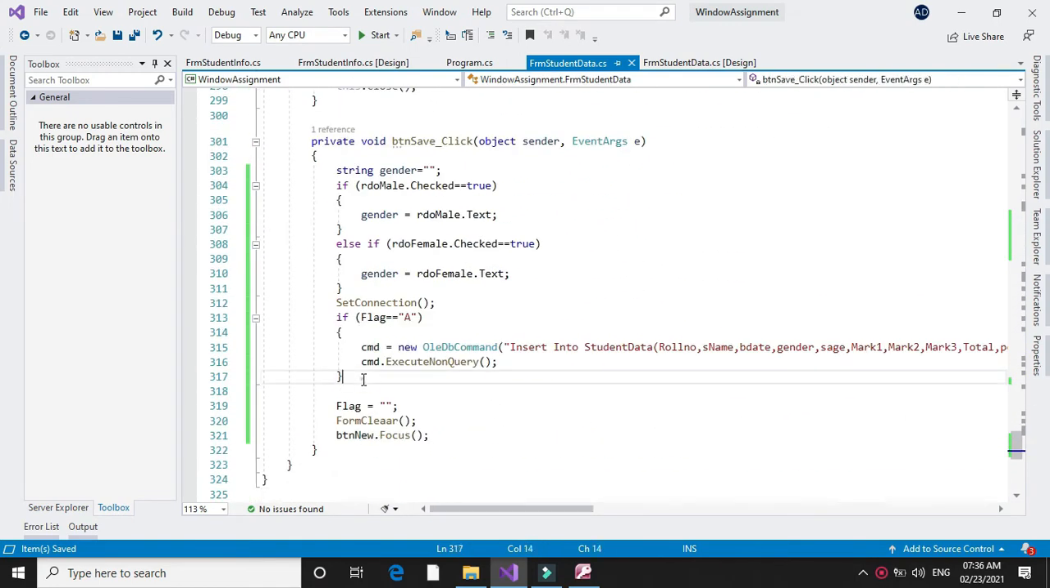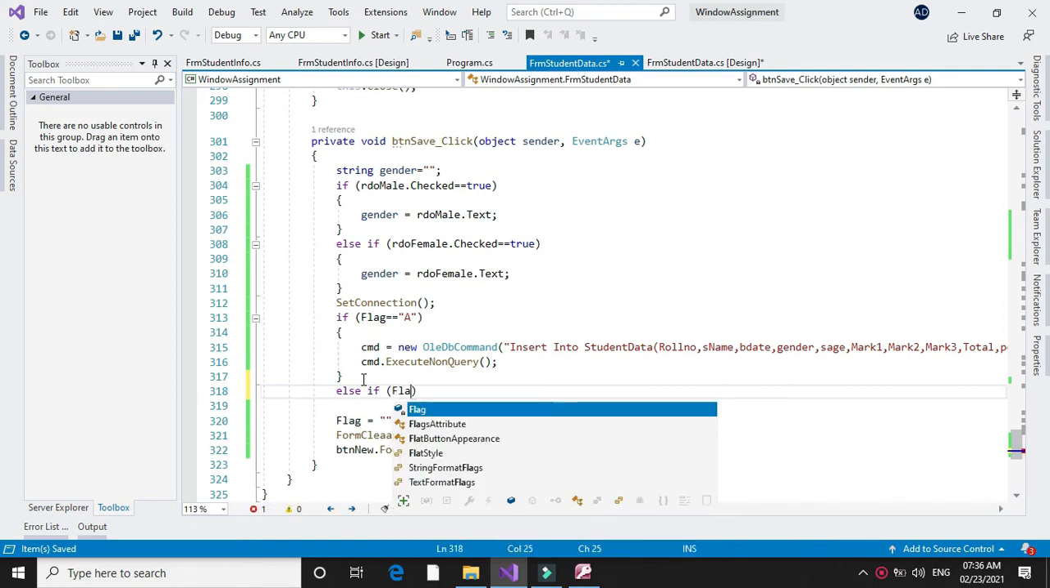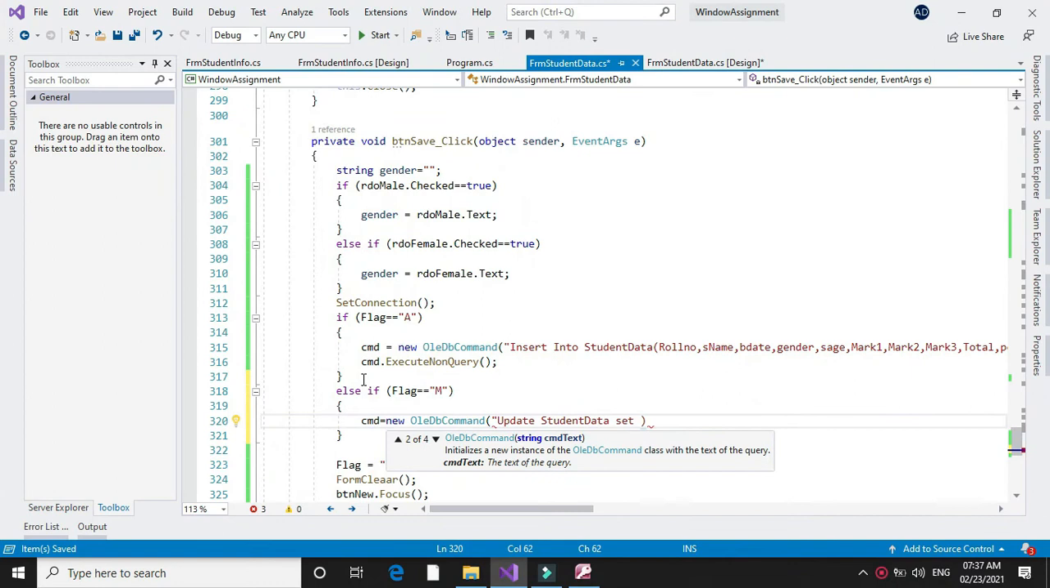And on save button click event, we will check else if flag equal to M, we will execute update student data. We will set the fields with our text box. So s name equal to txt name,